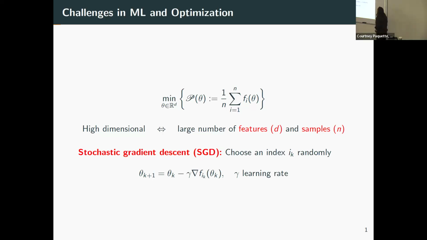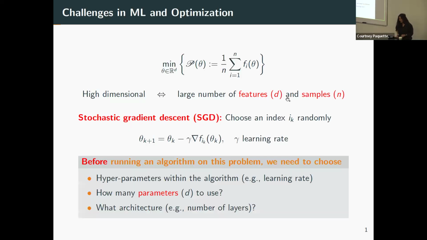And of course, because we're super high dimensional, we tend to use stochastic algorithms. So I'm just writing down SGD. I assume most of you have seen SGD, right? You just choose some index uniformly at random and then update by using that Fi and moving in that direction. And here I'll use gamma as my learning rate. Oops. Nope, didn't like it. All right, so go back.